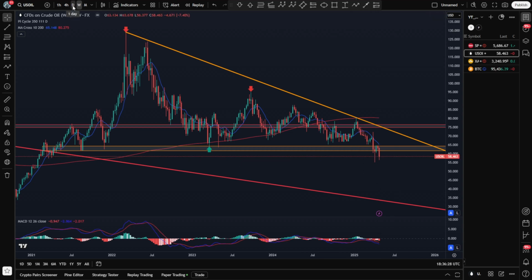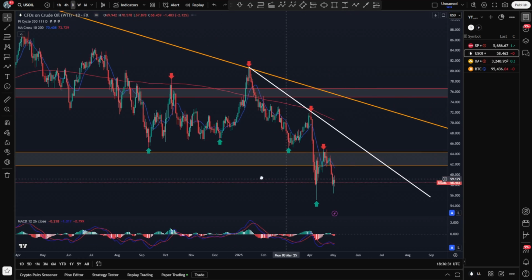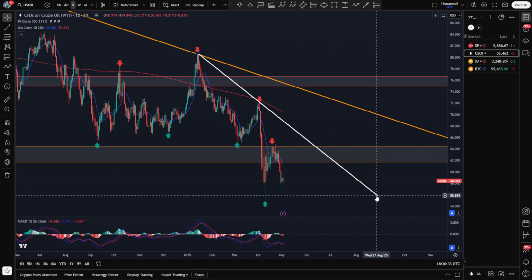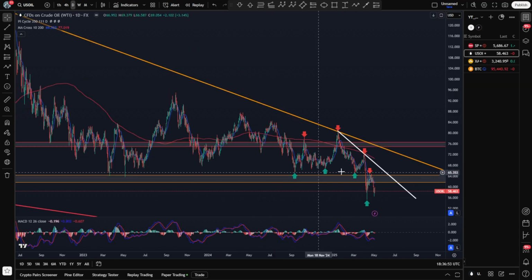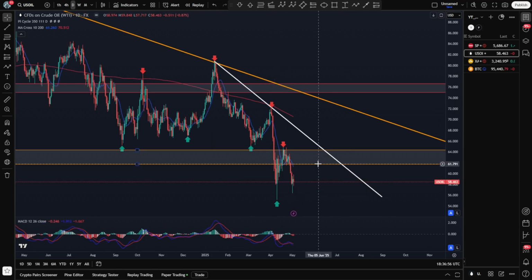Let's drop down to the daily time frame for more details. Here you can see that the daily white solid downward line is still intact and not broken to the upside. So at the moment you can only expect bearish price action until we see this break to the upside. And even if we see a retest of that or a retest of the weekly downward line, at the moment it looks like, because we have seen this massive break of this weekly support zone to the downside and now it turns resistance, that price will probably turn down there.